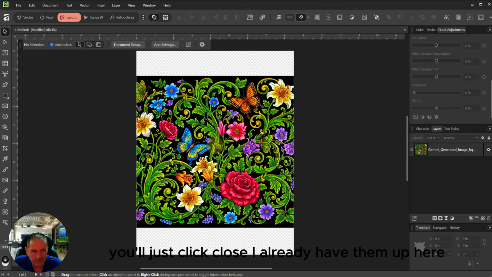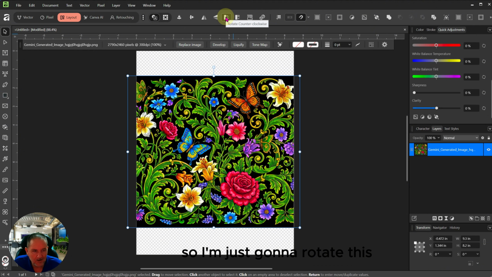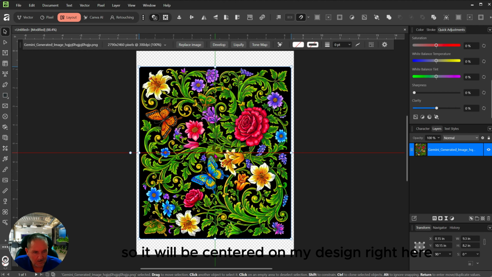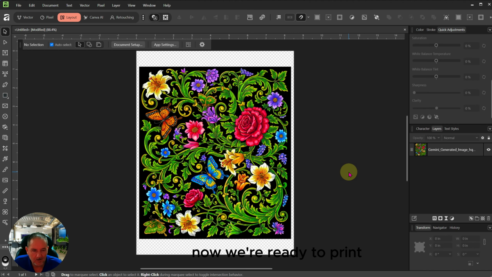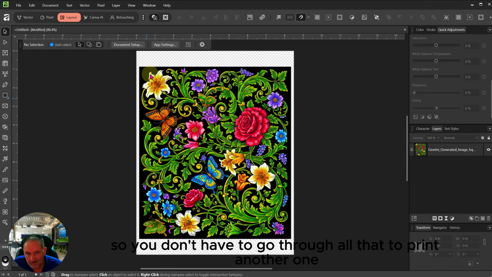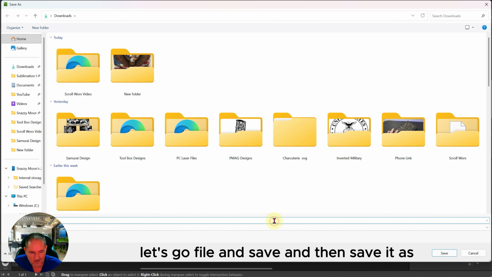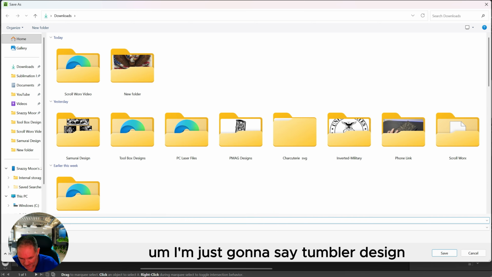I already have them up here, so I'm just going to rotate this so it will be centered on my design right here. Now we're ready to print. Now if you want to save this so you don't have to go through all that to print another one, say somebody else wants the same design, you want to print it again, first you're going to save this, go file and save, and then save it as, I'm just going to say, tumbler design,